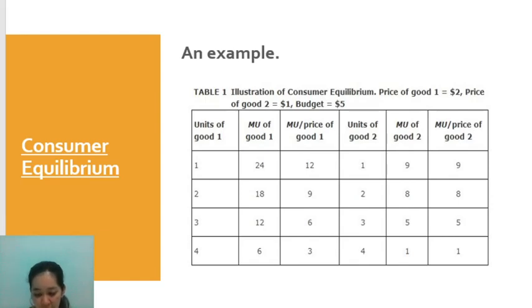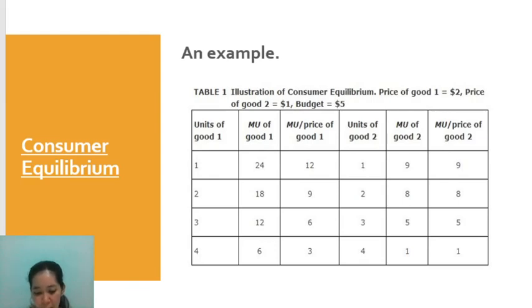Here, the marginal utility is measured in fictional units called utils, which serve to quantify the consumer's additional utility or satisfaction from consuming different quantities of goods, that is for good number 1 and good number 2. So the larger the number of utils, the greater is the consumer's marginal utility from consuming